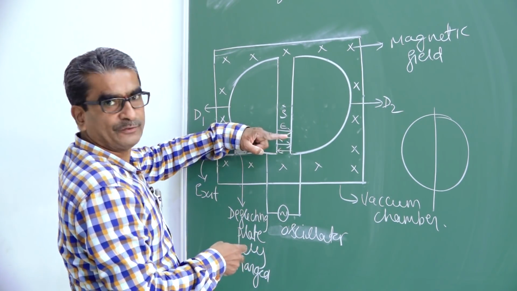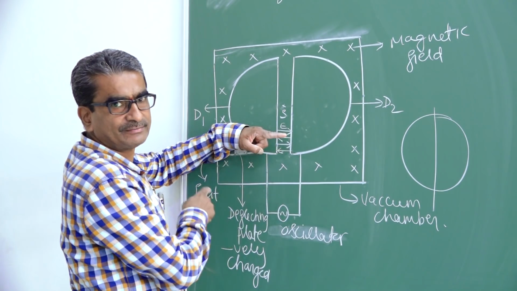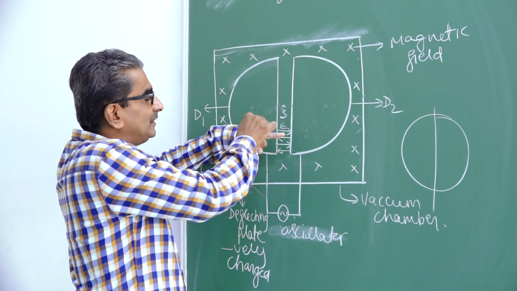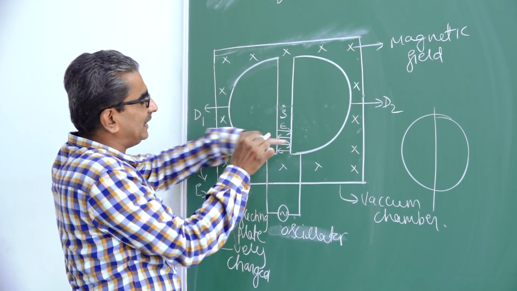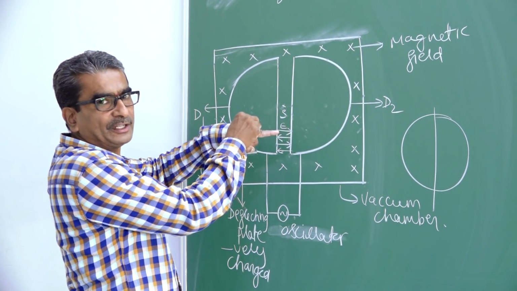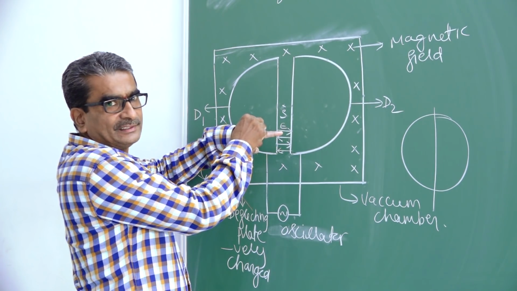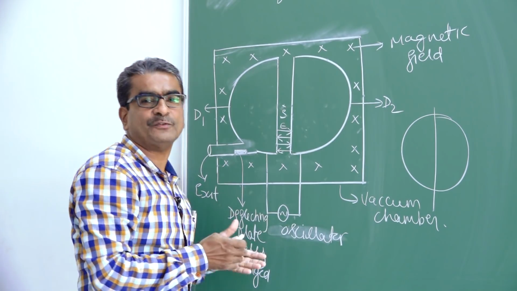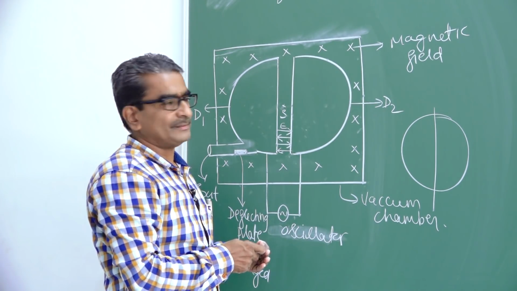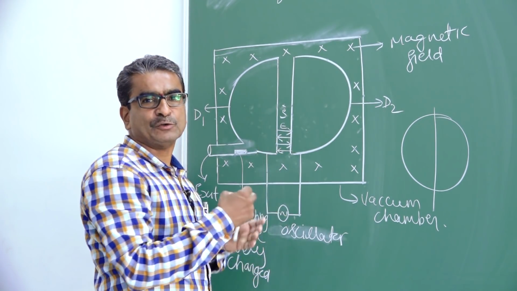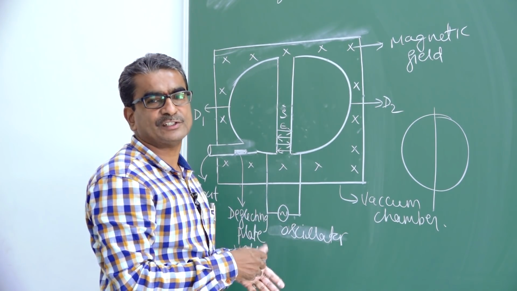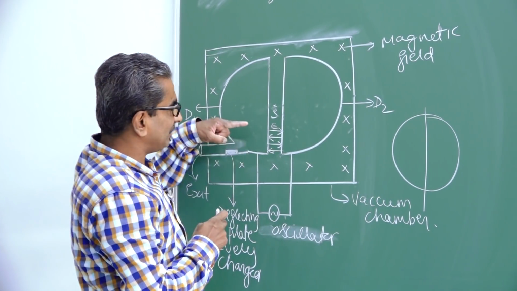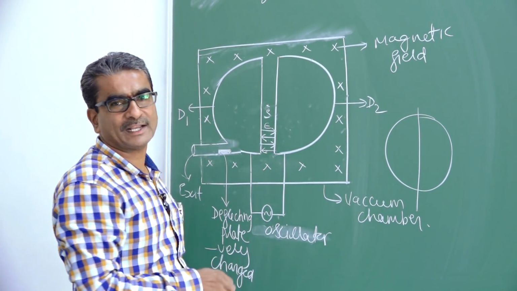One field is the electric field which is changing its direction alternately, and another field is the magnetic field. So the magnetic field and electric field are said to be mutually perpendicular to each other. That means in this we are using crossed fields. The particle is subjected to move in the crossed field, which is the combination of electric and magnetic field mutually perpendicular to each other. This is electric and this is magnetic.